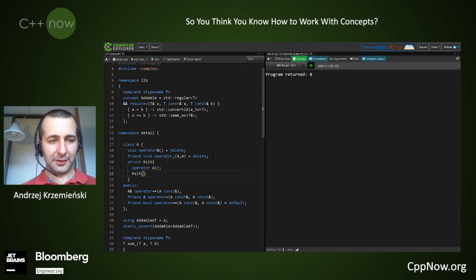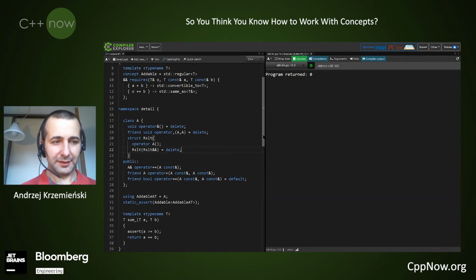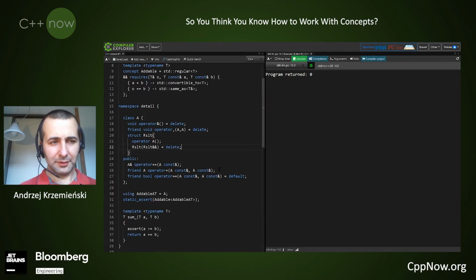No regular interface. I will now risk doing a copy and paste in order to delete the other two operators.